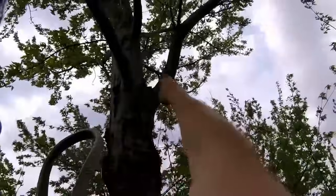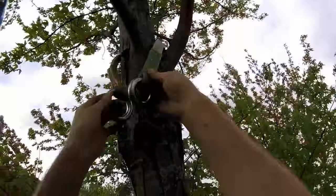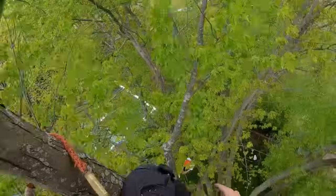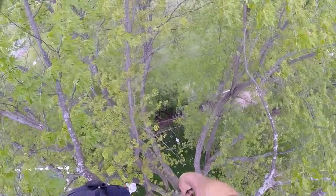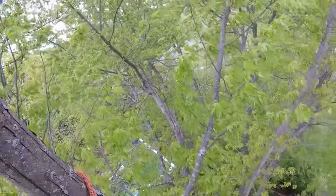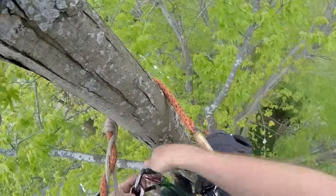So what I'm going to do, I'm going to tie in on this limb here. I'm going to tie it around the main stem over this limb. So put my friction saver on there like that. So that's going to be my tie-in there. And I'm going to use that. I'm going to rig out 2 good-sized leaders over there that are over the house. And then I'm going to swing around the back side here, and I can use this point to access most of this tree. And then James can access the back side there to deadwood it. So for my line here,